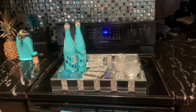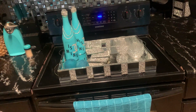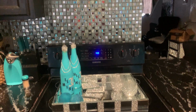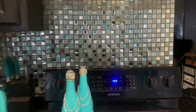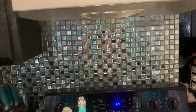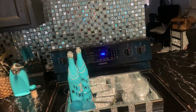This is a vignette over my stove. I'm still painting the sides and doing all of that, y'all. But this is, oh, and y'all, my towel is like to die for. I love this towel in my kitchen. It's like a bling type of thing, and I got this tile from Zyflart.com. I'm doing my cabinets and all that kind of stuff, so you know, I just wanted to show y'all